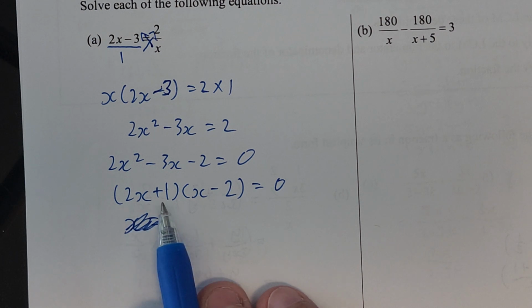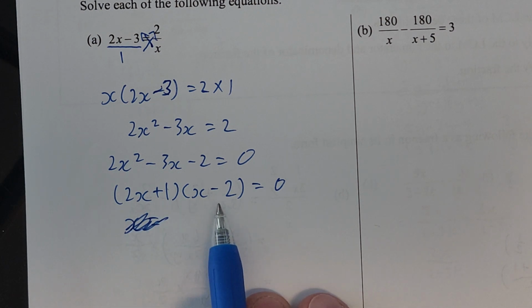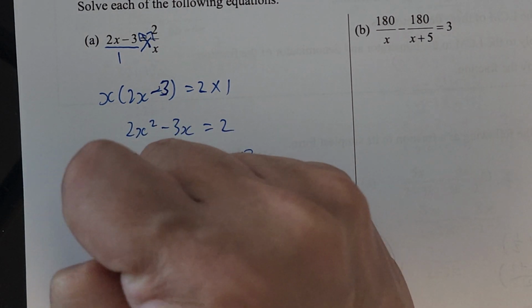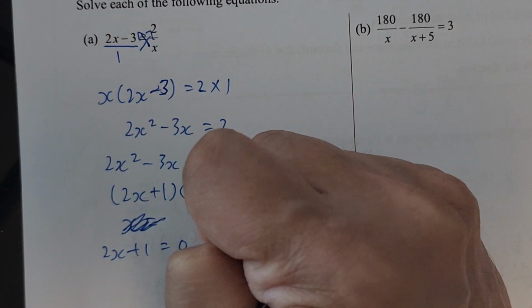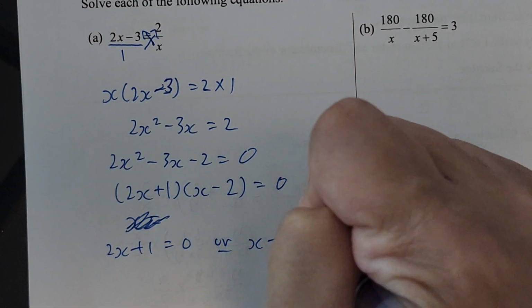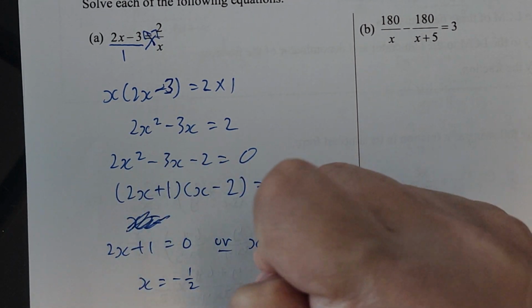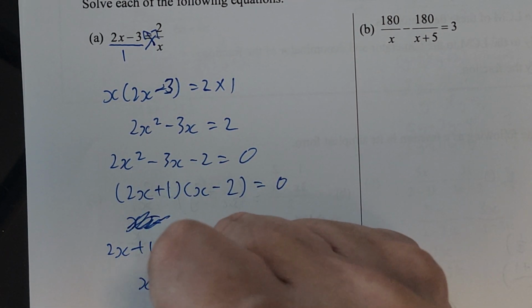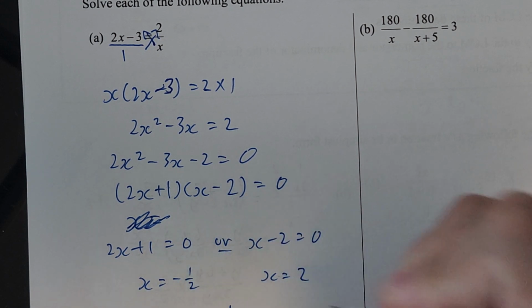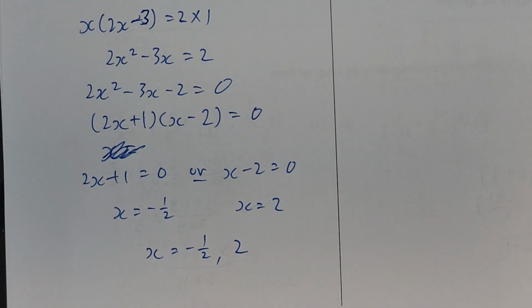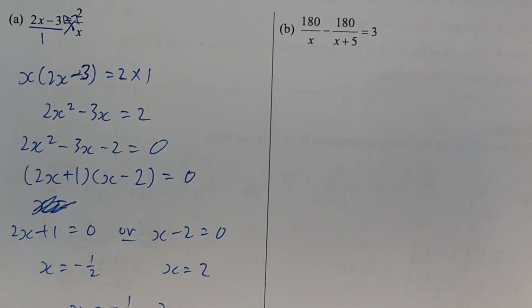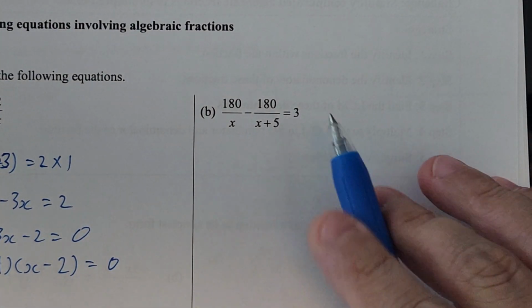So it's either 2x plus 1 equals to 0 or x minus 2 equals to 0. Solve them individually. I'll have my x equals to negative half or 2. So this is how I can solve the quadratic equation, or rather fractional equation. Now what happens if, okay,